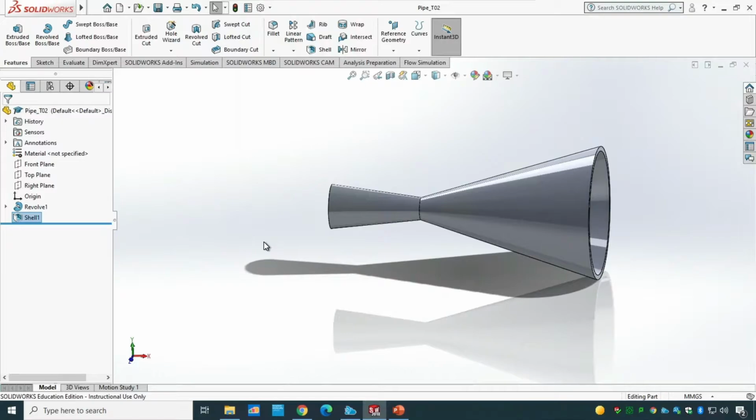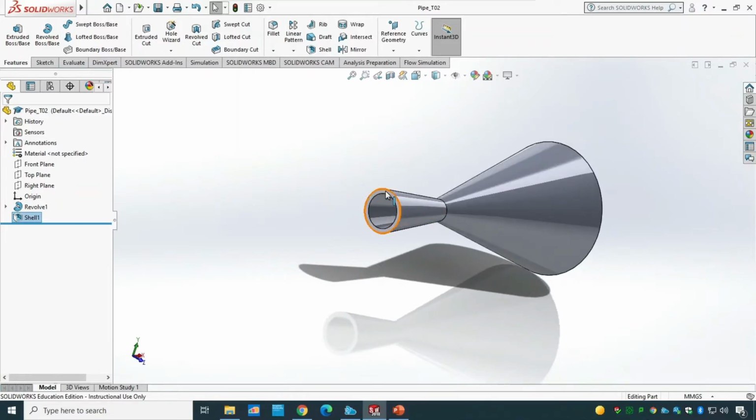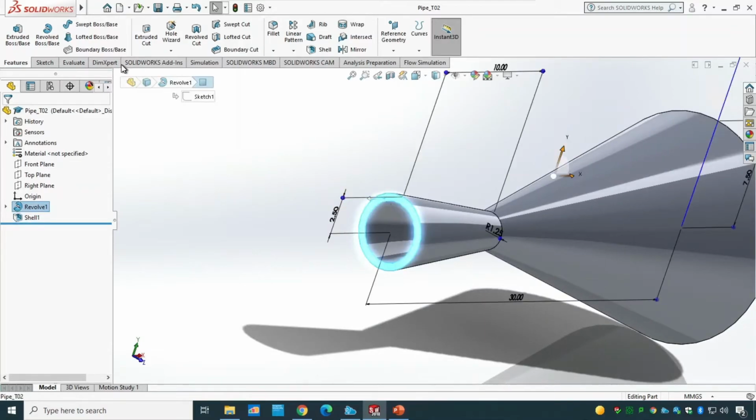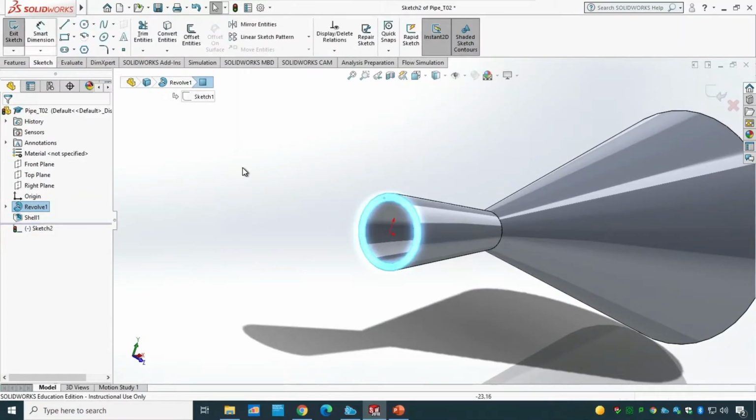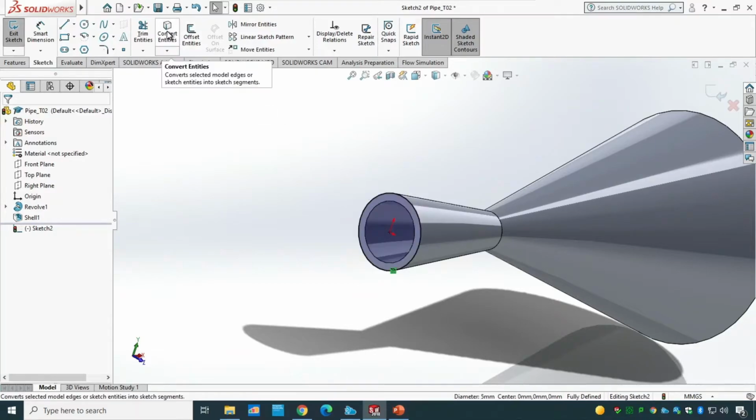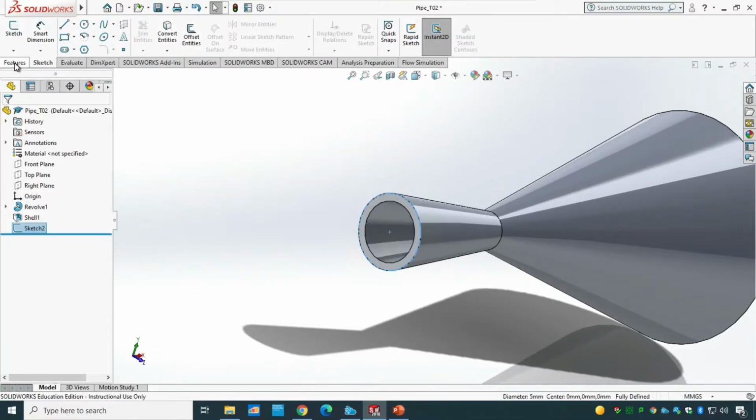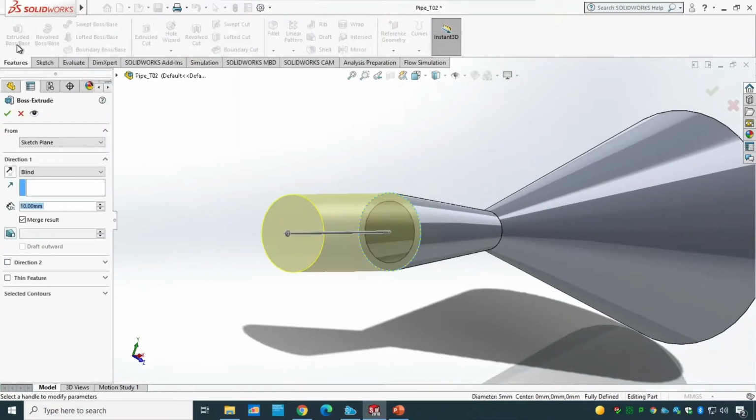But what I'm gonna do, I'm gonna prepare it again for that flow simulation. So I need to apply the inlet and outlet. Let's assume that the inlet gonna be the smaller piece, the outer side, the bigger side gonna be the outlet. So same as what I've done before, I'm gonna go and pick up that face, create a new sketch there, pick up the outer circle, convert entities, click on exit a sketch, go to the feature, extrude, and this time